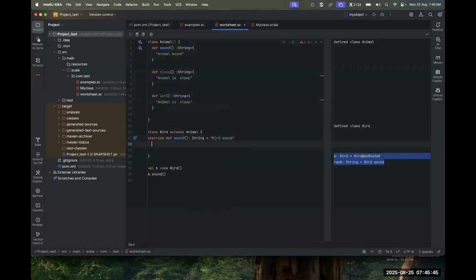You can write it in the animal class, but that won't be correct, because fly should only come into the bird class. Only birds can fly; other animals cannot. So that's why fly should come here. And also if I have one more class, let's suppose fish,